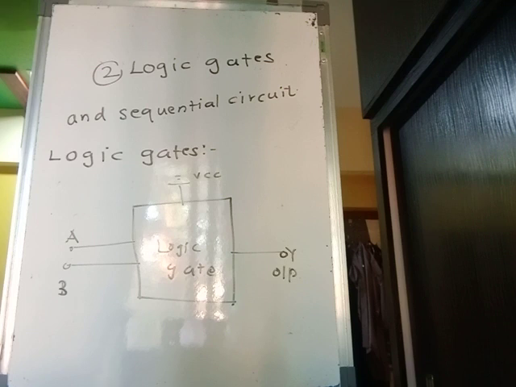So that is why it is known as the IC. And these ICs are building up the digital circuit, and they are used to construct different kinds of digital circuits. So first of all, we will see the different logic gates. By using these logic gates, we are going to study the different things which are used in a computer. So the first thing that we are going to see is: what is the logic behind these logic gates?